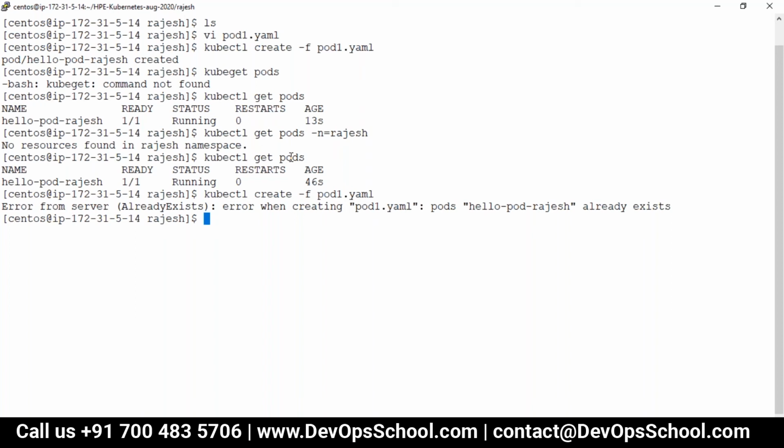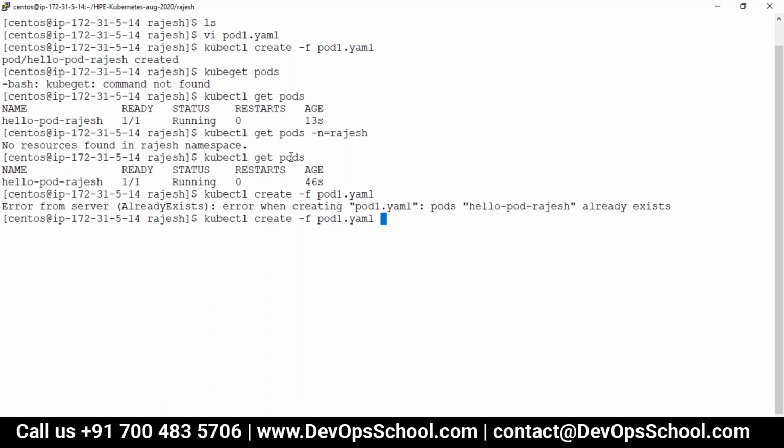You cannot create the same resource with the same name in the same namespace, because it is not allowed. That means Kubernetes views this name as a unique identity for that particular resource.